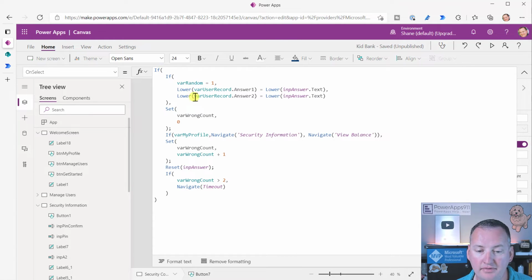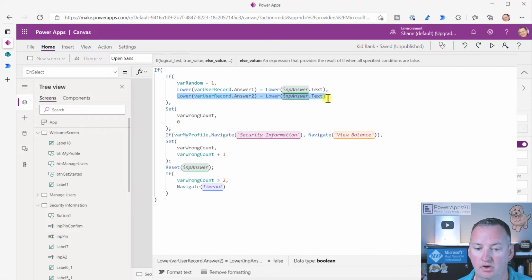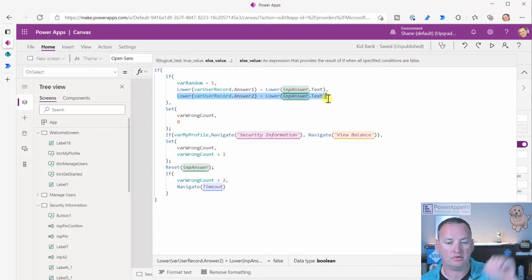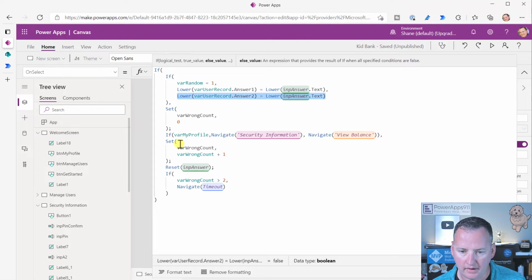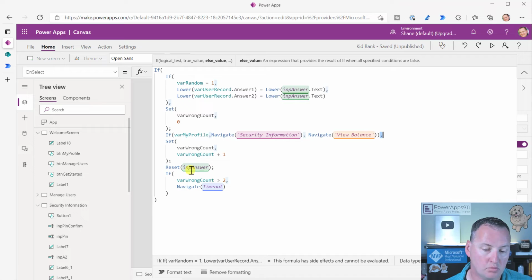Here we say if, and this if is going to spit out true or false. Right now it's false, because we're saying Chewy equals Nicola. No, so that's false. Since it's false, it would go down here. It would not do that, it would go after here. It would set var wrong count to var wrong count plus 1, reset the answer, and if var wrong count is greater than 2, aka 3,